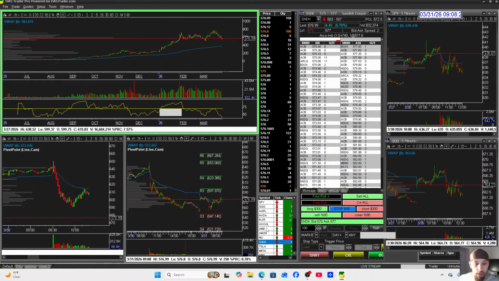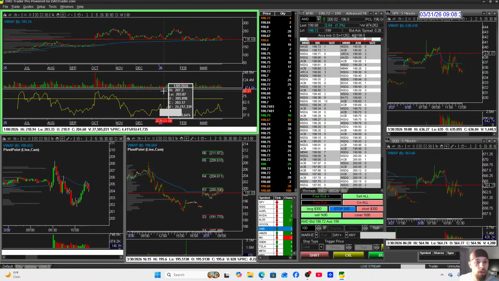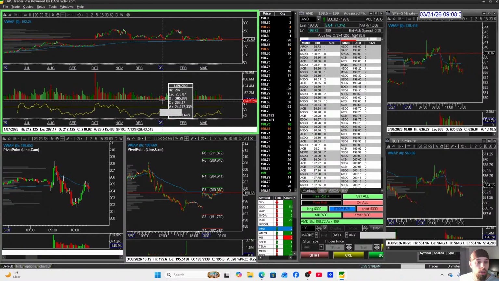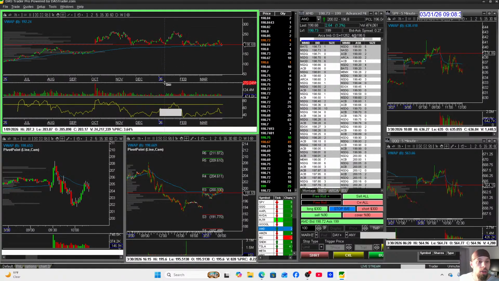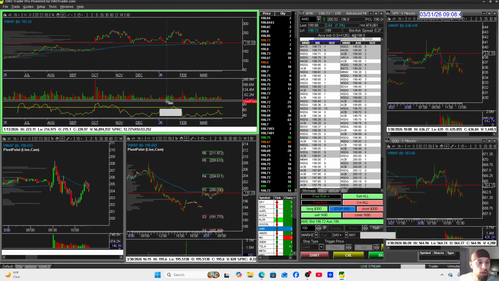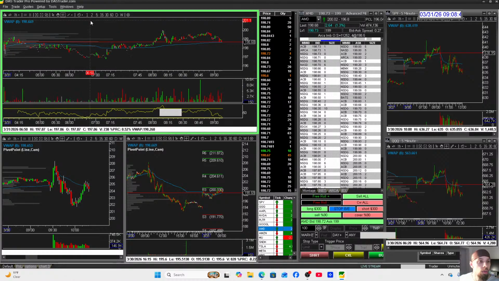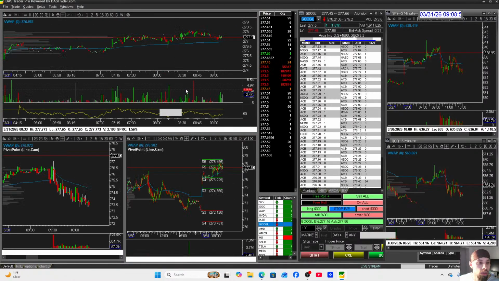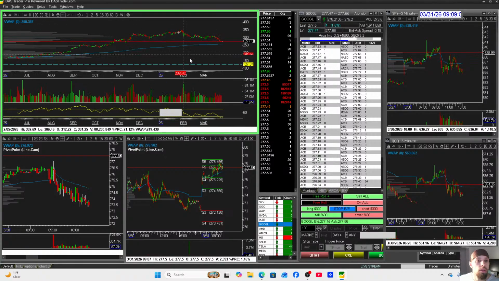Let's see. So just adjusting my lines here, getting my chart to look as appealing to me as I can make it. When you go to the 1 minute, you can get closer to those oversold conditions. So the line's down here somewhere. Okay, so let's